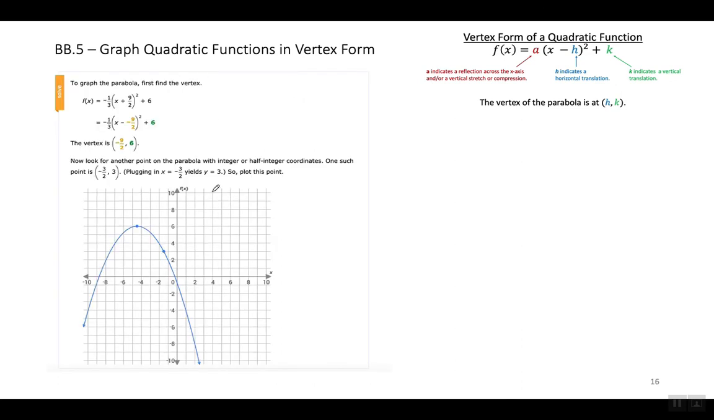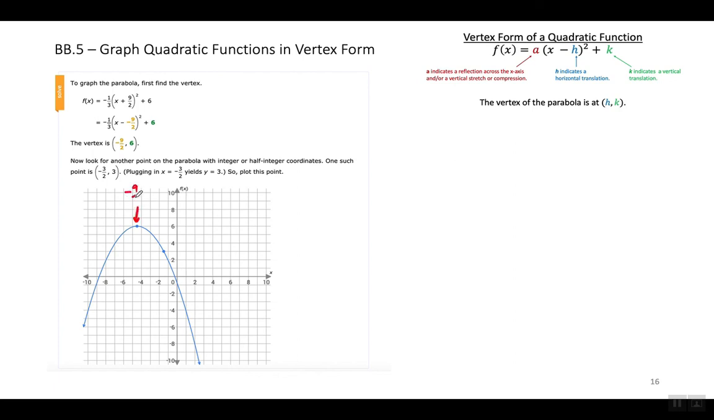Okay? And by the way, here's the answer. The vertex was right there, but to find another point that I could graph on here, you could try these whole numbers as well as the fractions in between. Not the fractions in between, I mean at the halfway point. Look what it says here. I'm reading this sentence: now look for another point on the parabola with integer or half integer coordinates. So either integers or, for example, this is